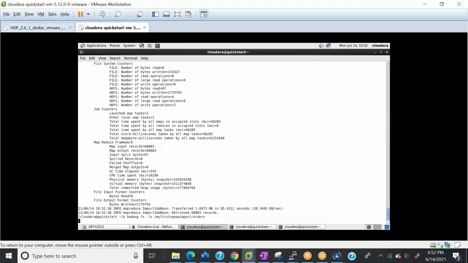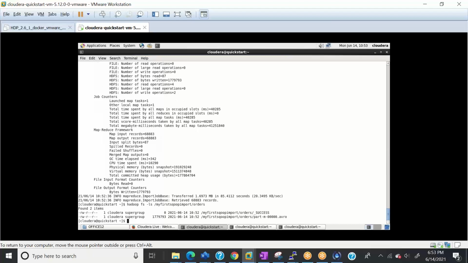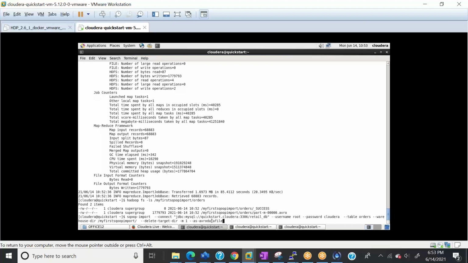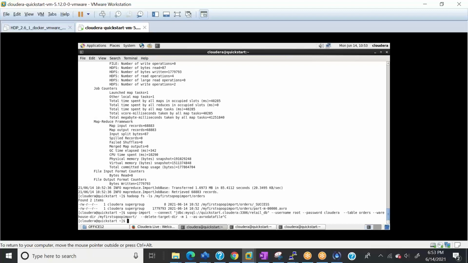Now, when we ran this command, it was a text file. If I run this command now, it will be an Avro file. Let's see quickly. See now, why? Because when I ran the import command, I put the flag as avrodatafile. So to answer your question, yes, we can import multiple tables. We can import all the tables. sqoop import-all-tables is the command. I won't be running it because obviously I don't have that many resources on my laptop, but we can run it. Let me show you one more thing.